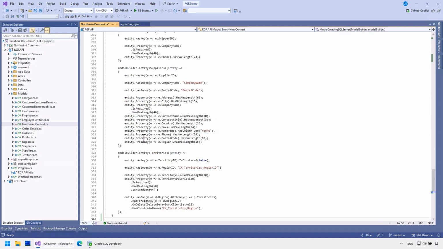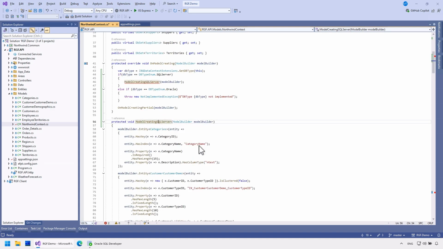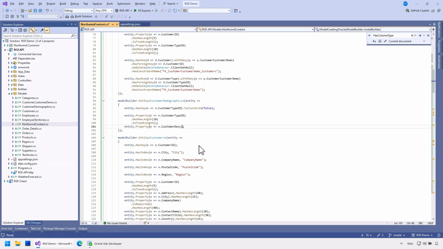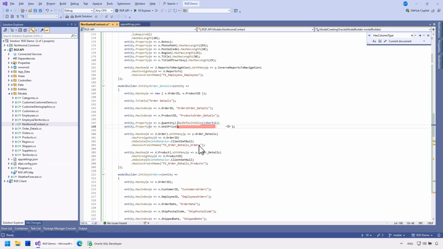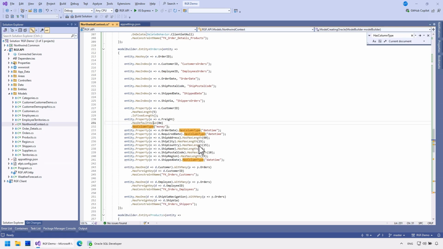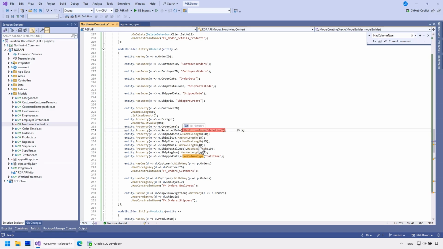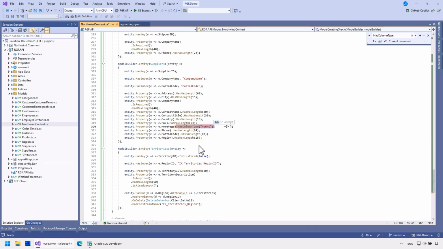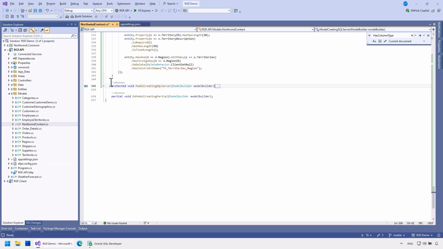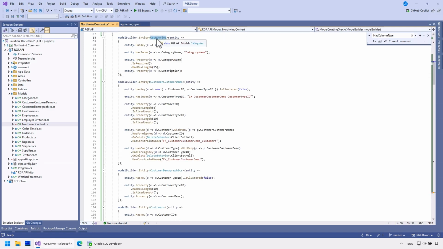For simplicity, I will copy this entire setup for Oracle and quickly remove the specific types, as I won't be specifying Oracle native types now. Next, I will try to give each index a unique name to avoid conflicts.